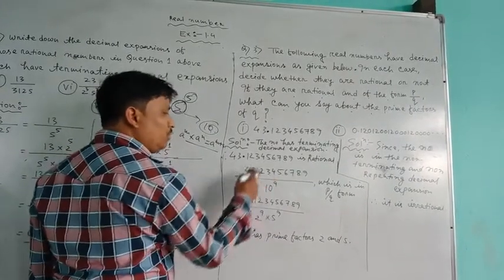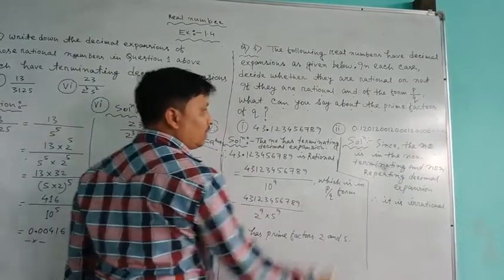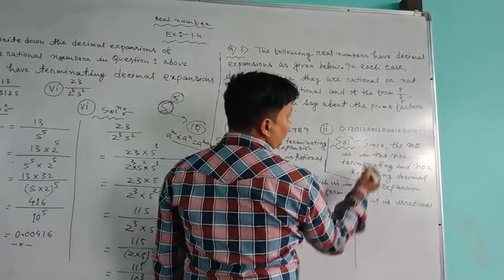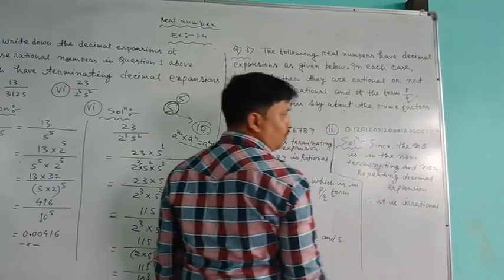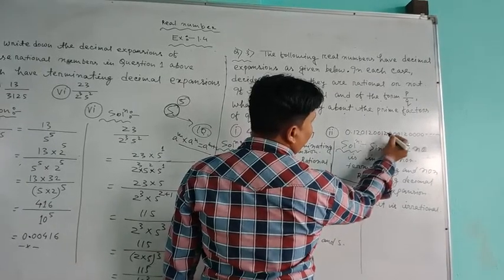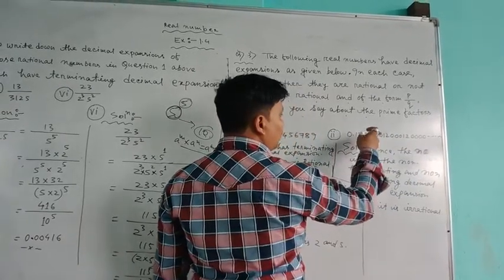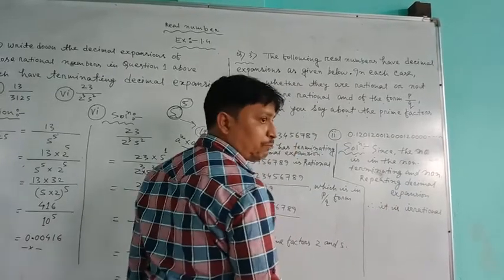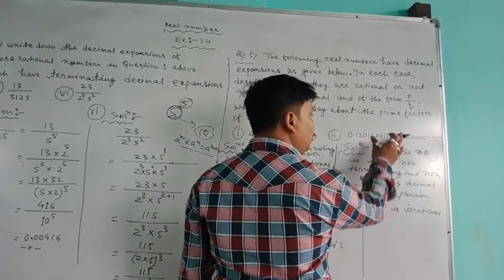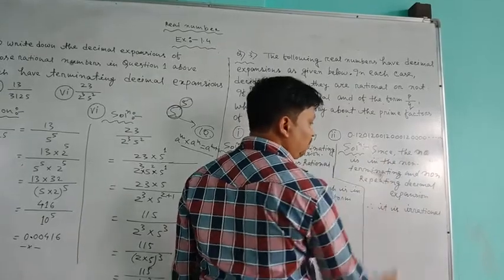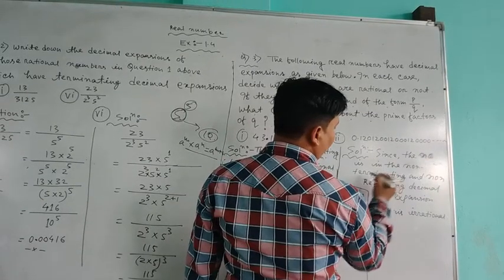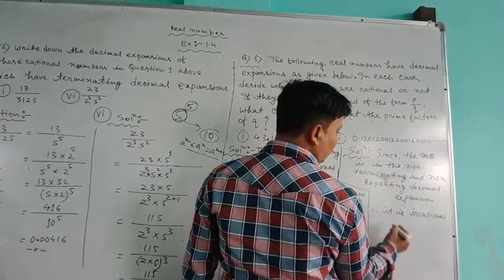And this one is the format which we need to express in p by q form. But this number we cannot express into p by q form because this one is irrational. Why irrational? First of all, backside there is dot dot dot dot, means non-terminating, and here you see the number of zeros. Here 1 0, 2 0, 3 0, 4 0. That means the zeros are in imbalanced manner. So it is non-terminating and non-repeating decimal expansion, so it is irrational, and we cannot express it in p by q form. Up to this much you have to write: since the number is non-terminating and non-repeating decimal expansion, it is irrational.